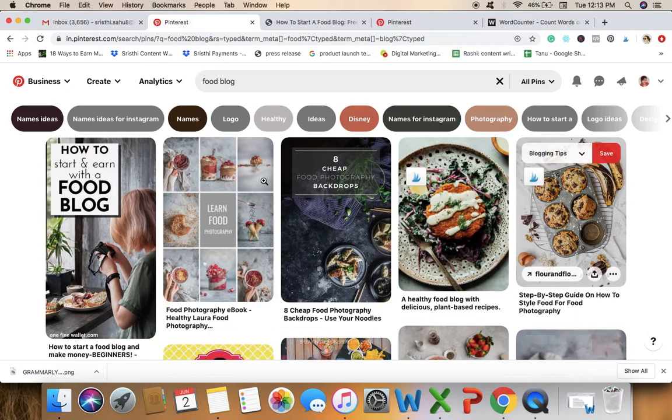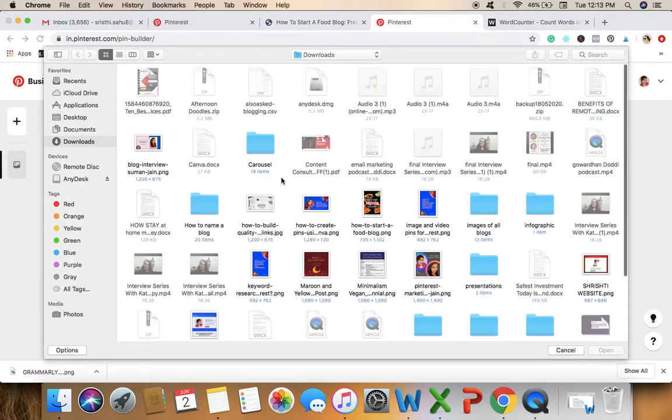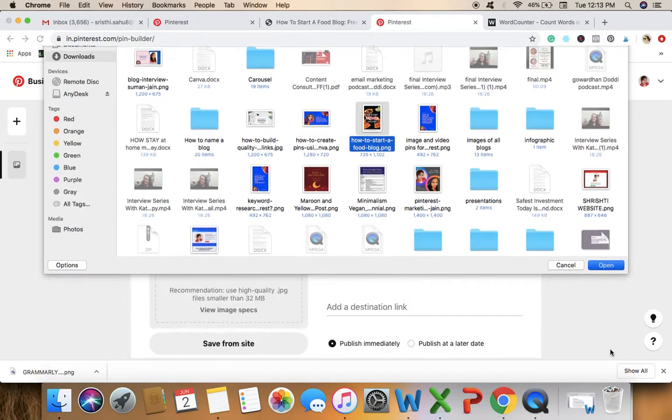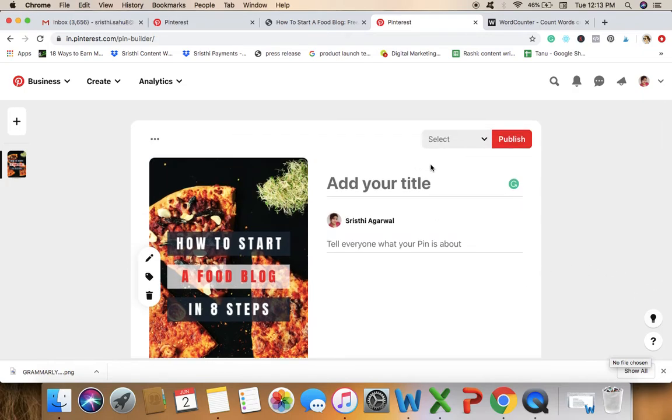Now we are going to go ahead and upload it. So let's add it. Here we go. The pin is here and the pin has already been named. Now let me bring you to the title. The first 30 characters are actually what is going to be shown to your user or the reader, and the maximum that you can reach is 100 characters.